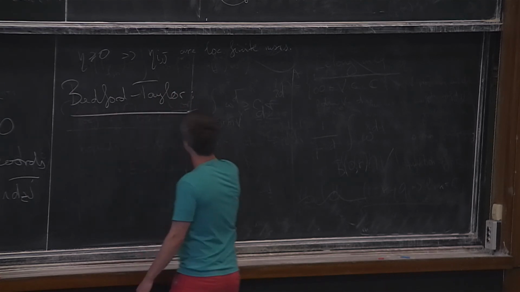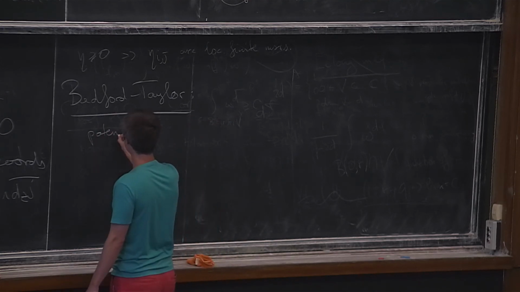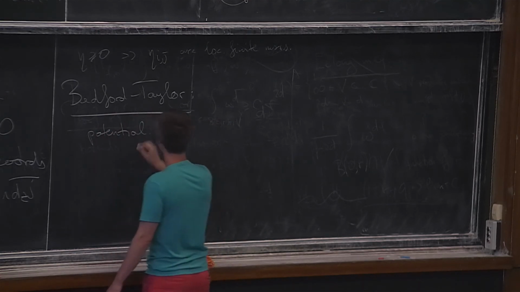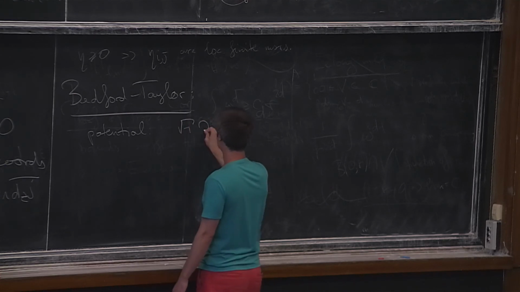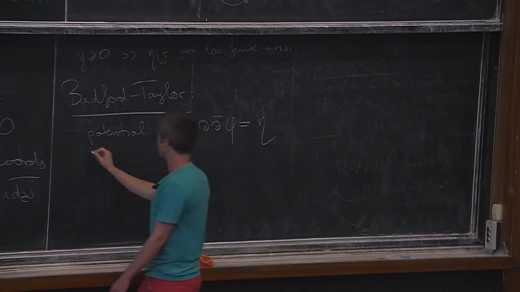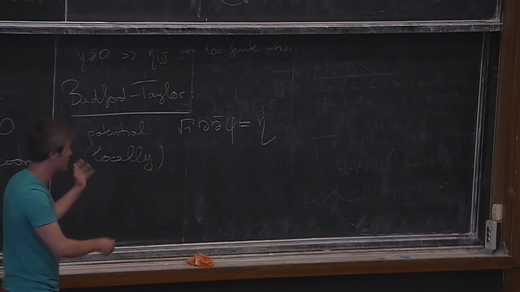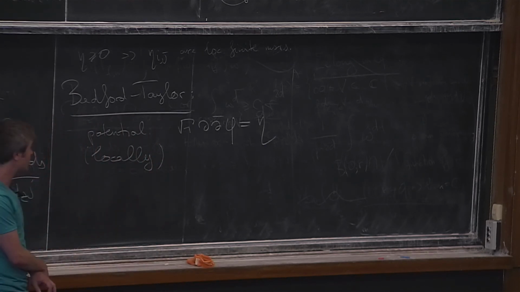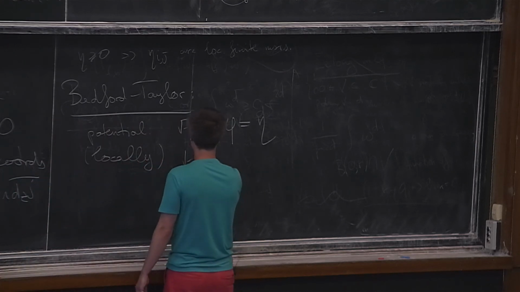A potential locally, so if you work in a chart, a potential is just a function which satisfies dd bar of phi is equal to eta. So this is locally. In each chart, if you can find such a function, you call it a potential for eta. And if you have now two such things,